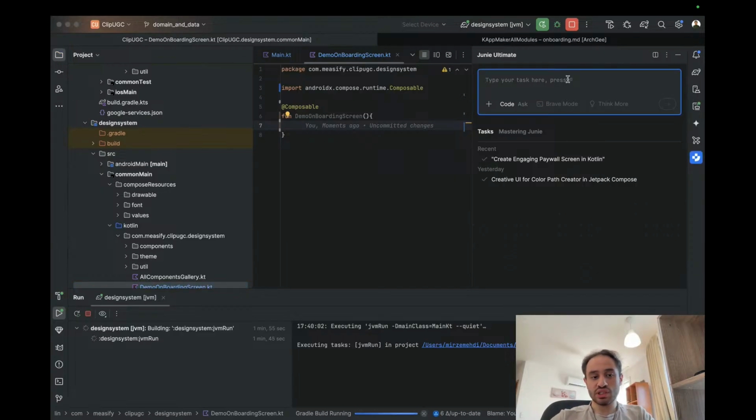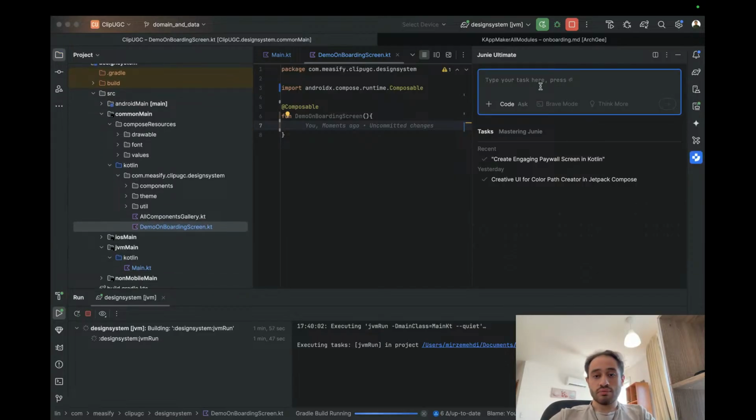But I will say just: create demo onboarding screen based on onboarding MD document only,